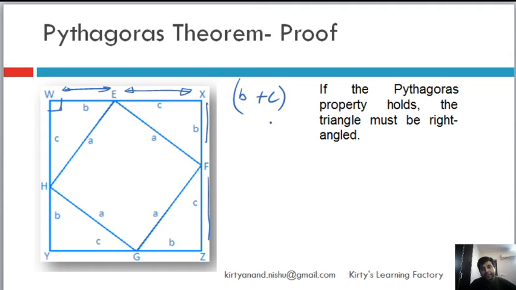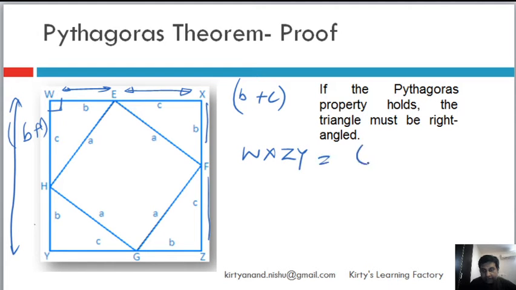Okay, so now what will be the area of this square? Let's go back and remember area, and we learned that the area of a square is length of the side into length of the side, which is square. Okay, so length of the side is what? B plus C. Length of the side is B plus C. So the area of the square WXZY will be B plus C whole square. Okay,